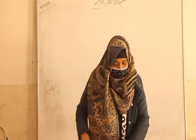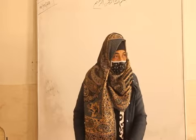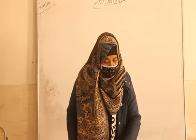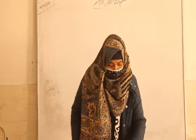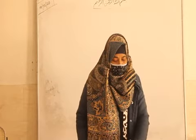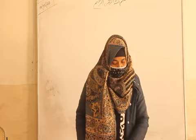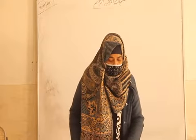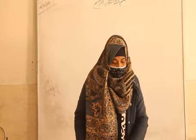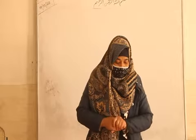Then corium. Another name of corium is dermis. Dermis is the inner layer, inner thick layer of connective tissue made up of elastic layer. Then germinative layer, option C: innermost layer of epidermis which divides to produce new cells. Then granular layer: layer consisting of 3 to 5 flattened cell layers. Then cornified layer,